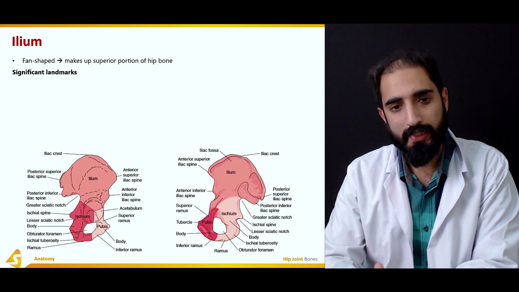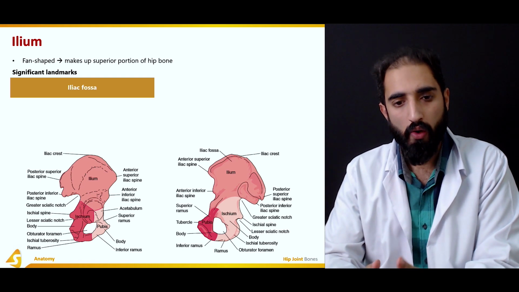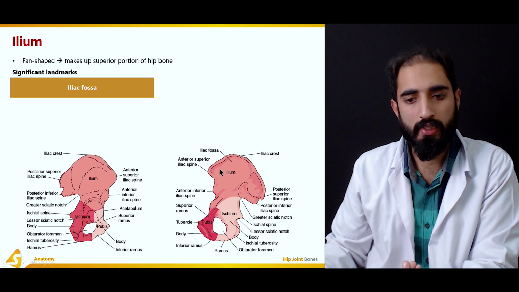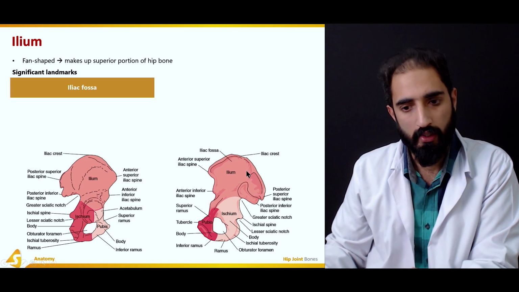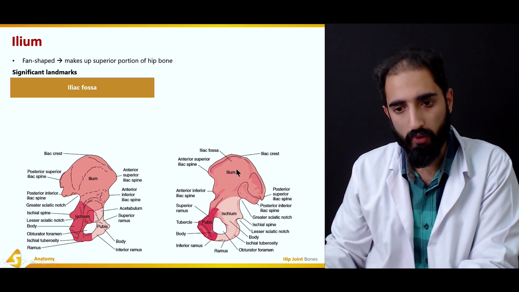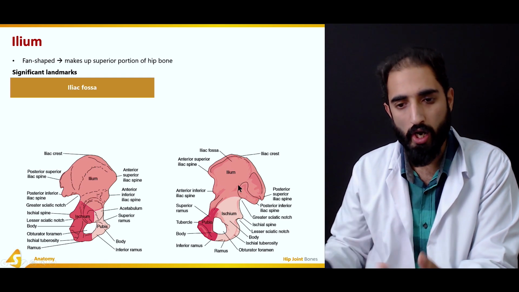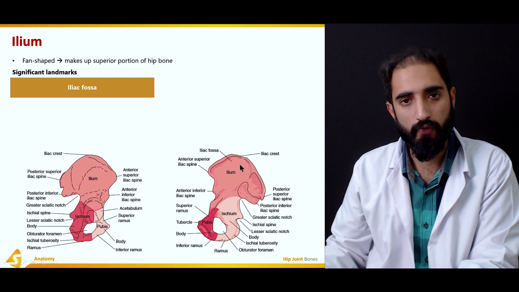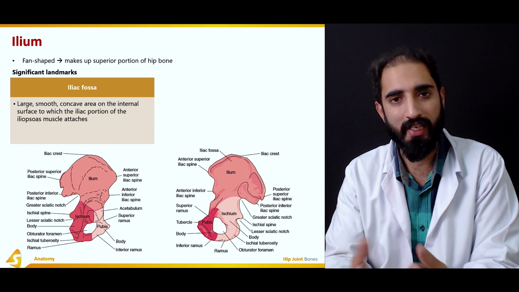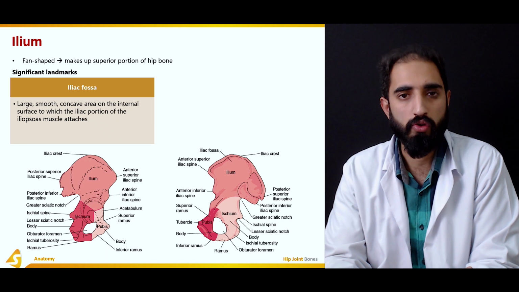Now, talking about the significant landmarks of the ilium, first of all, we have the iliac fossa. Now, where is the iliac fossa found? So, the iliac fossa is on the medial aspect of the ilium or the innominate bones, and this fossa, this big depression, is actually the iliac fossa. And it is a large, smooth, concave area on the internal or the medial aspect of the iliac portion of the